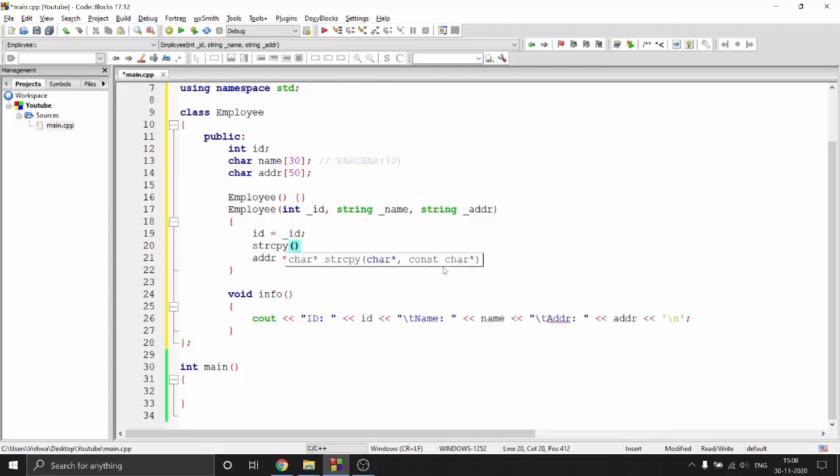So strcpy takes the destination, which is name, and then the source. And the source here is a string. What it requires is a const char star, right? You can just think of char star as an array. Because when we were talking about arrays in our previous videos, we saw that if you declare a pointer to an array, it will point to the first element. So if you are declaring a pointer, it's as good as saying that this is the first element of an array.